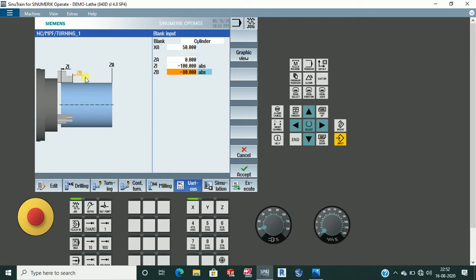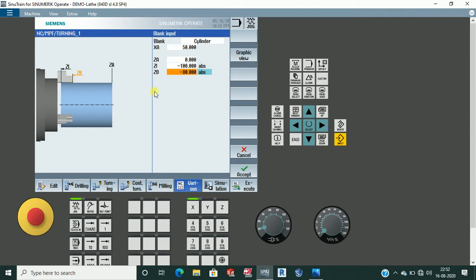Why -80? Because we are using absolute programming. After this is Z plus, before this is Z minus, and here is Z0. I have taken Z0 here, -100 till here, and -80 before the jaw.